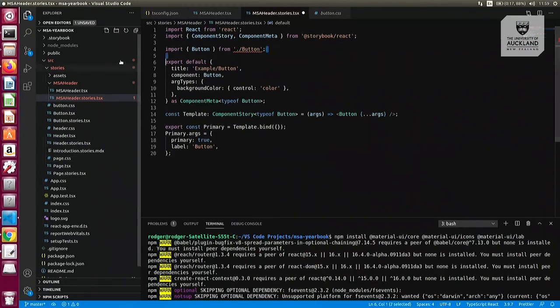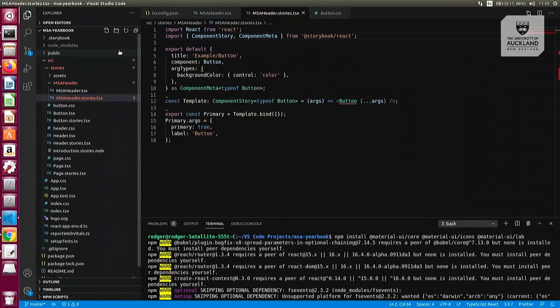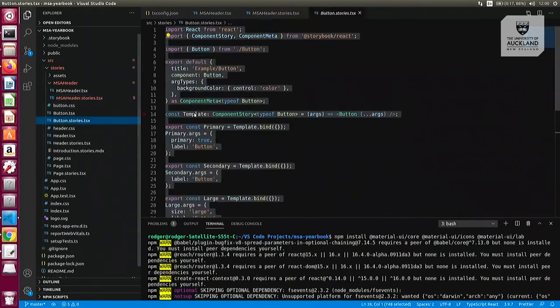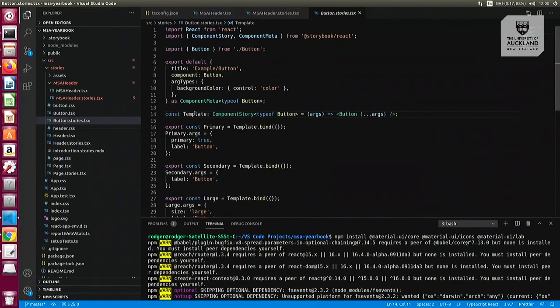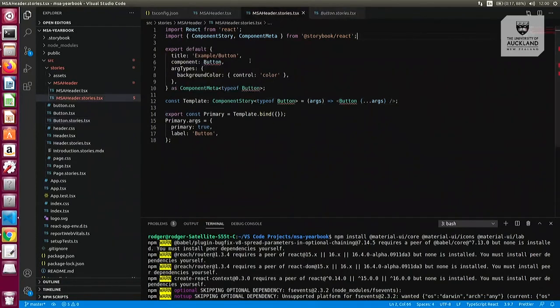If we create a new file called msaheader.stories.tsx and we go over to something that already exists, like button.stories.tsx, and you just copy that